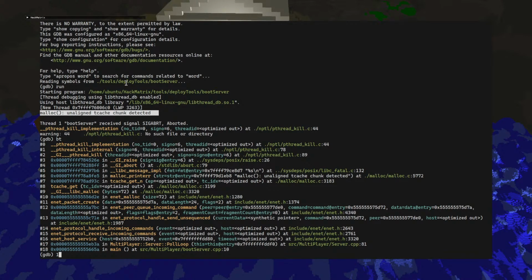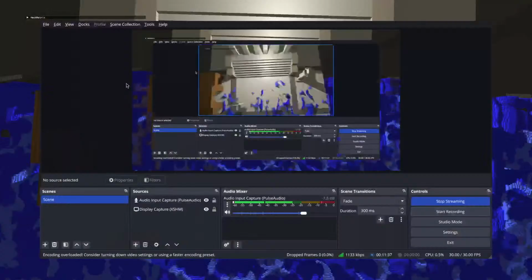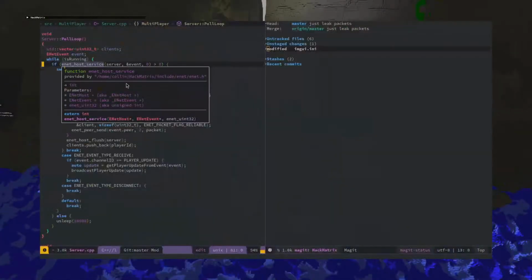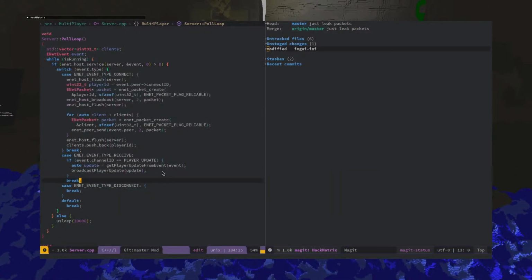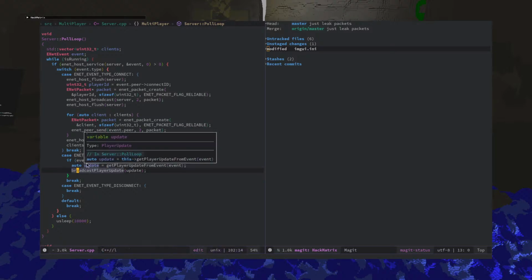And maybe the way that I refactored the code, because I did do a refactor recently. I don't think it should cause a problem, but I pass a reference to the event here, and I get an update, and then I pass a reference to the update here.